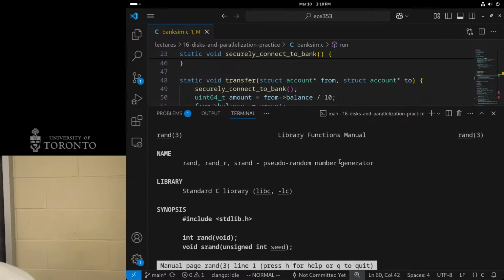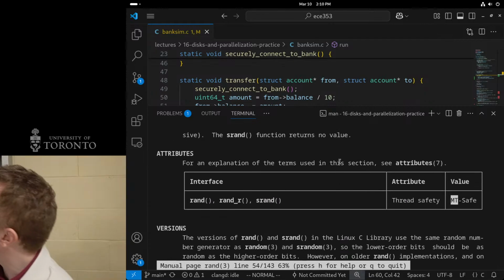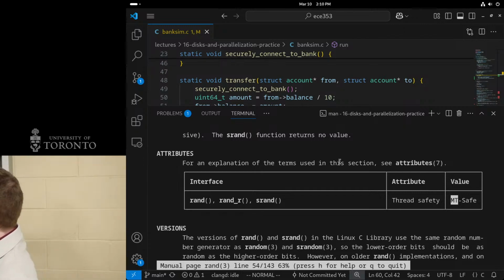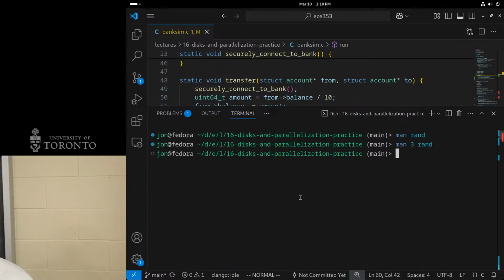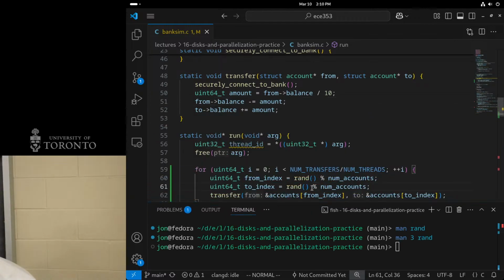Yeah, this is rand. There we go. I don't know what I pulled up before. If you look at the documentation, it says rand, rand_r, and srand: thread safety, thread safe. So that's good, right? It's safe. So we're getting confident now that our code is great, right?